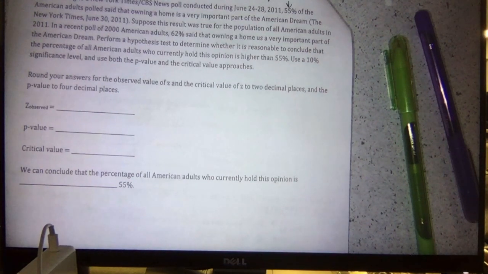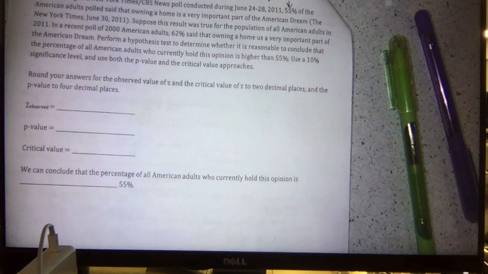In a recent poll of 2,000 American adults, 62% said that owning a home was a very important part of the American dream. Perform the hypothesis test to determine whether it's reasonable to conclude the percentage of all American adults who currently hold this opinion is higher than 55%. Use a 10% significance level and both the p-value and critical value approaches. Round z to 2 decimal places and the p-value to 4 decimal places. Okay,